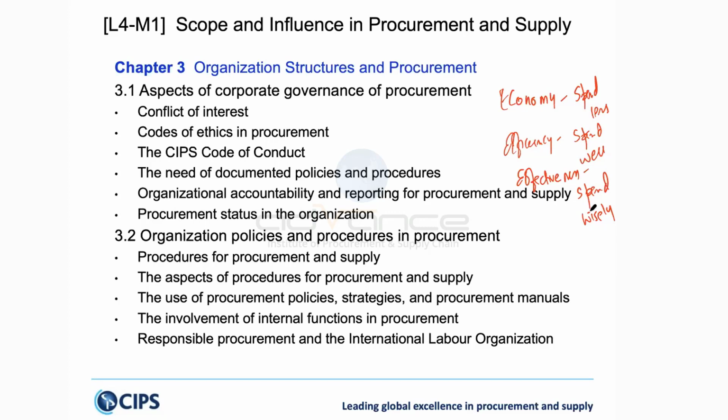It's very important for procurement to raise the respectability of the profession. You should not be seen as an organization that is corrupt, that suppliers can win contracts by bribing, or by getting insider information or through some relatives or whatever. So those are the things that you need to keep in mind when you are looking at the procurement function.